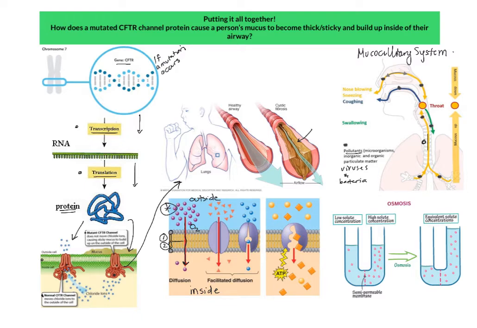But there are some substances that need a protein to help move themselves from one side to the other. So I have two examples here, right? Two different shaped proteins that are involved in something called facilitated diffusion. And the reason they call it that is that it's helping diffuse a substance from one side of a membrane to the other. And just like regular diffusion, there's only one direction that these molecules can go,